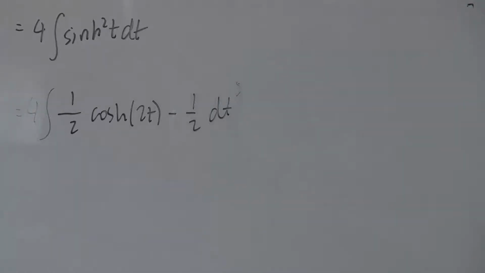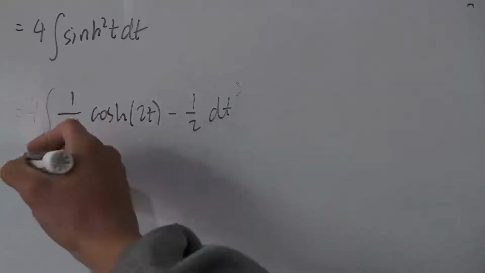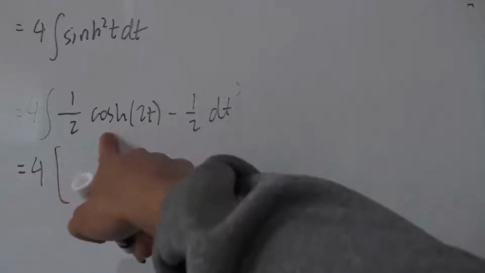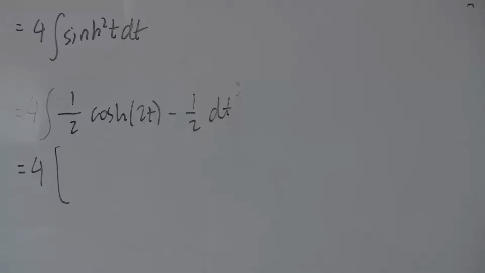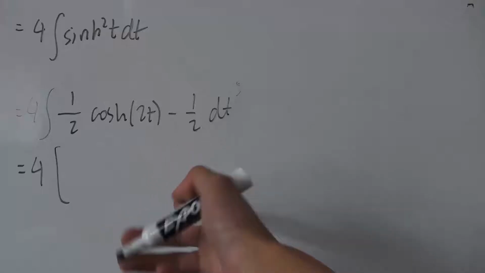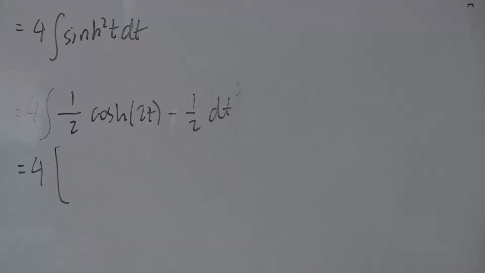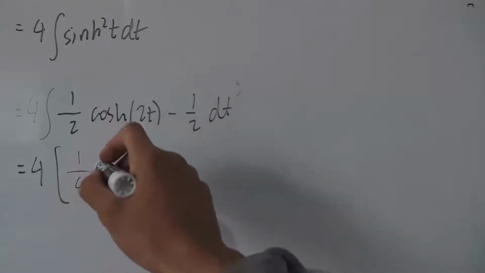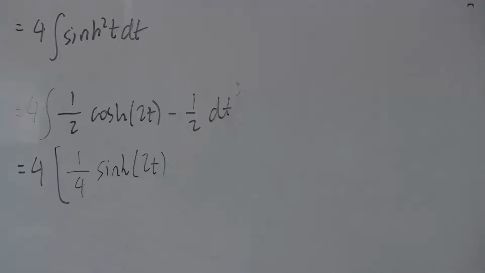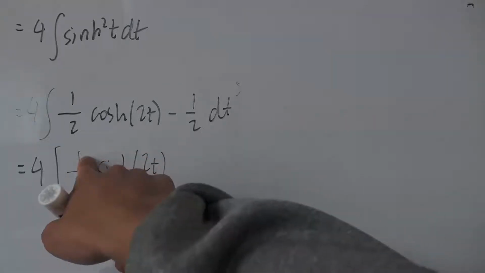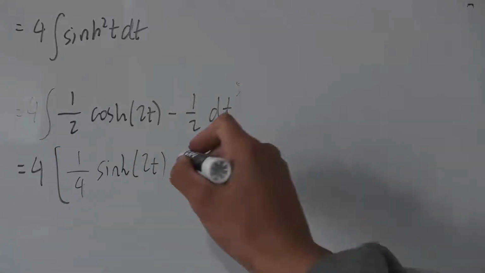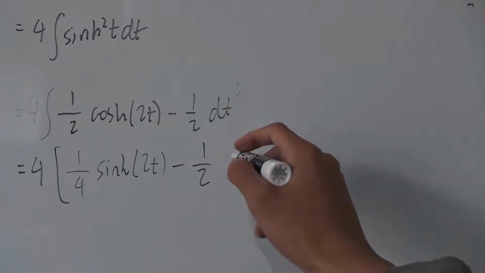So now we can actually evaluate each of these parts. So we have 4 times. When we integrate this, we're going to get some kind of sinh of 2t. But remember, when we differentiate that, this 2 will jump down to the front, so we need to counteract that somehow. So we just divide it by 2. So we're going to get 1/4 times sinh of 2t, and we can check that when we differentiate this, we're going to get cosh of 2t. 2 is going to jump down to the front here because it's a constant, and we're going to get 2 over 4, which is exactly 1/2. So that's good. So we're going to subtract 1/2